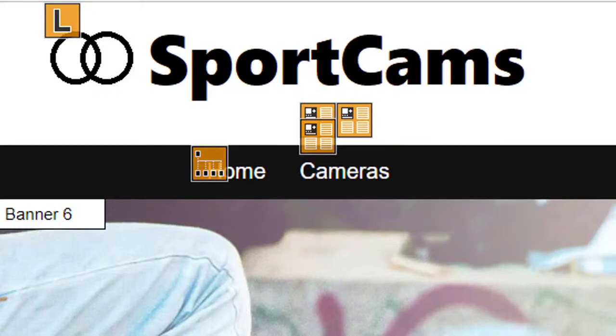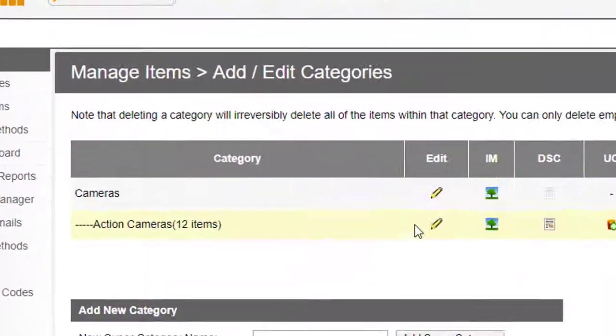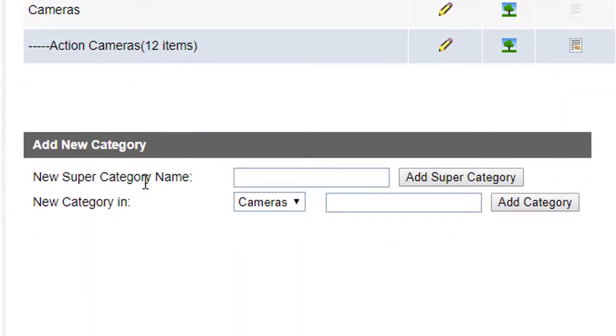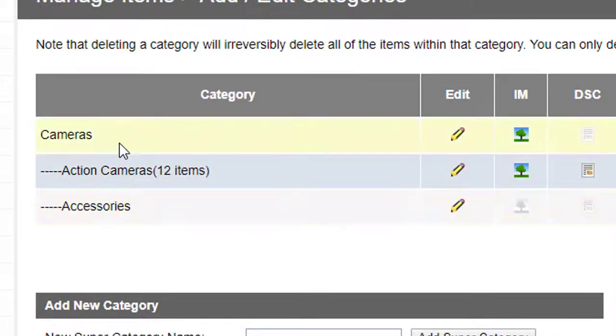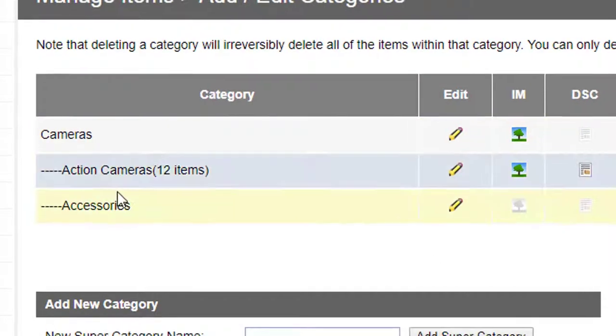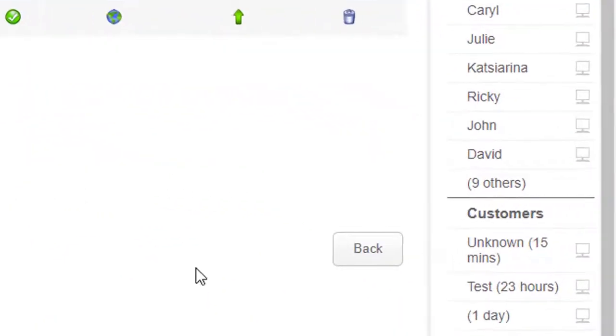And of course, I don't just want to have one category. I might want loads of categories. I'll just create a new one here as well. New category in cameras, and I'll call this one accessories, and click on add category. So now we've got cameras, action cameras, and accessories, and there's nothing in accessories, so let's just put some items